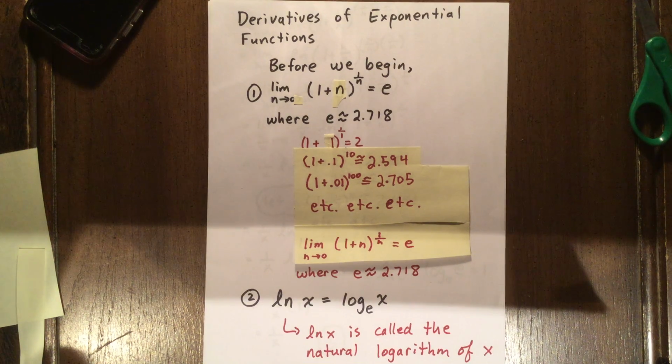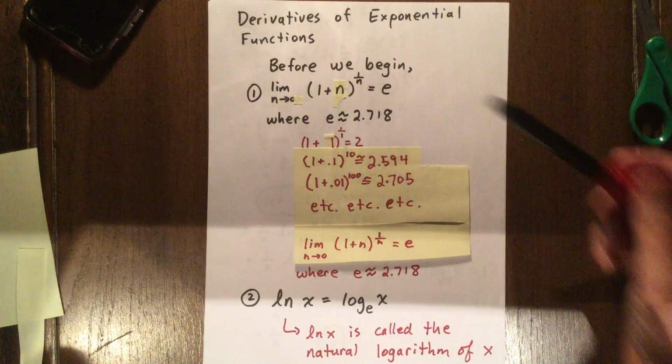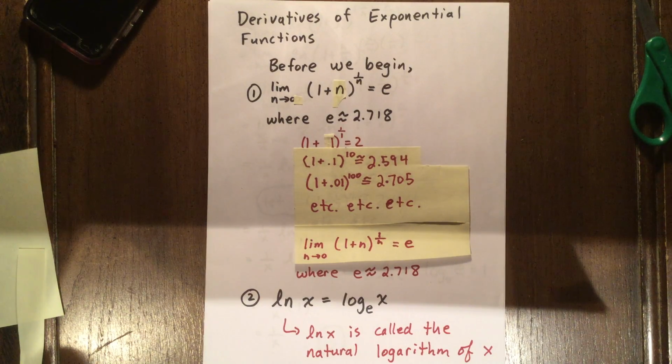In this lesson, we're going to prove certain derivative formulas for exponential functions. But before we begin, we should introduce you to the constant e. E is an irrational number that's approximately equal to 2.718. Think of a number like pi, which is approximately equal to 3.14. It's an irrational number, meaning it goes on forever with no repeating, but we all sort of accept that that's what pi is. Well, maybe a little bit less known,